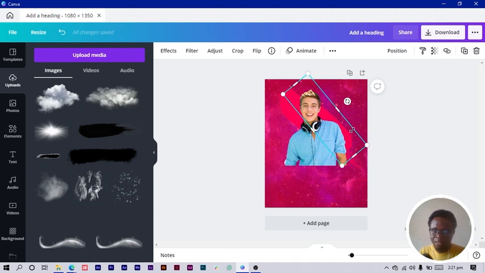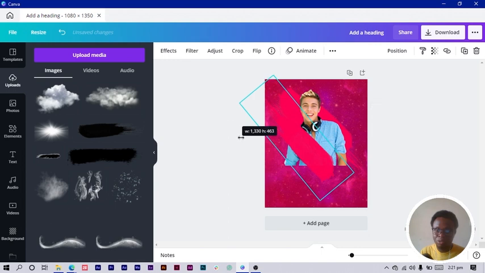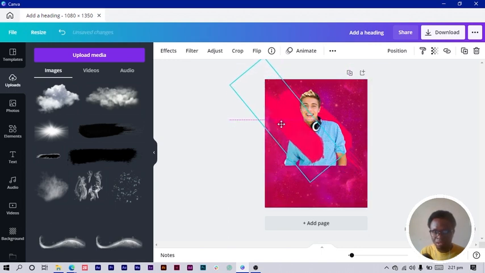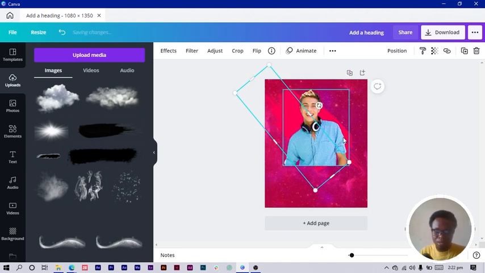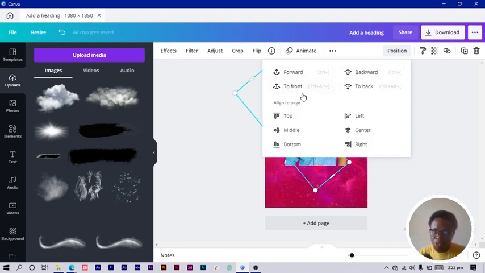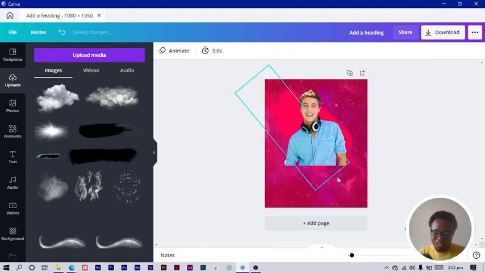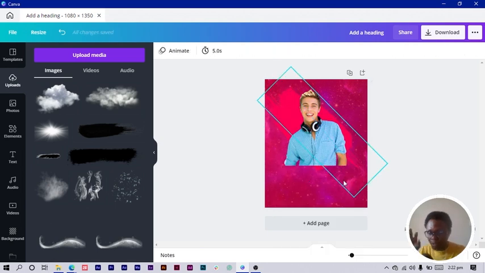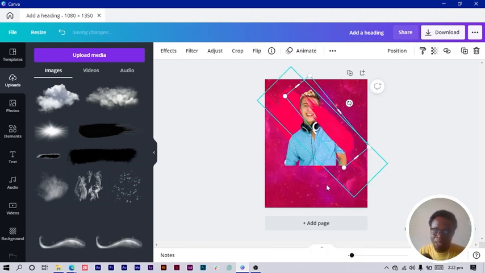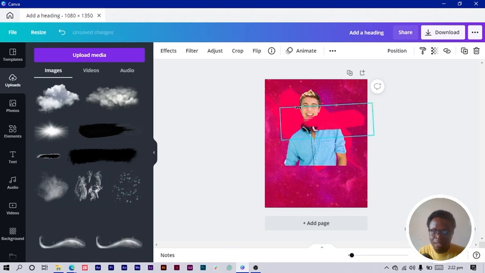So I took it to the back and I duplicate it again, and I can make maybe this one even bigger, and I can position it somewhere here. Send it to the back, and to send it to the back, you can just choose position, and we have backward, so you can use that, or you can right click, send backward, or you can use the shortcut Control and the square brackets. And I'll duplicate it again, and I would rotate it this way,